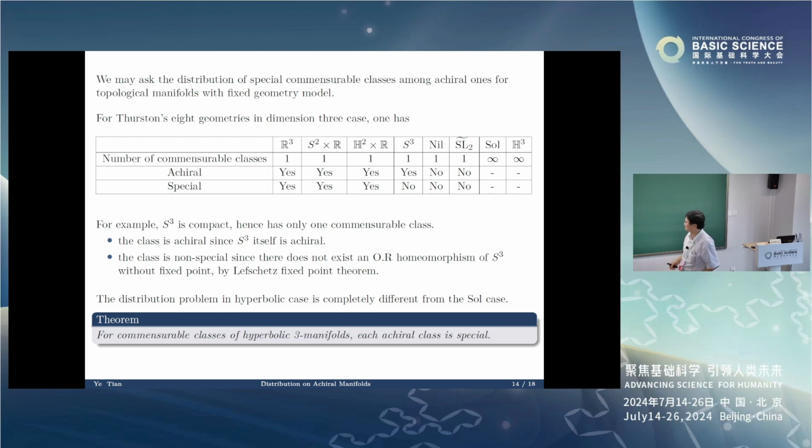Now you apply the Lefschetz fixed point theorem. Because H2 and H1 are 0, there are only H3 and H0, both isomorphic to Z. So H0 gives you trace 1, H3 gives you trace negative 1. So negative 1 plus 1 equals 0, but